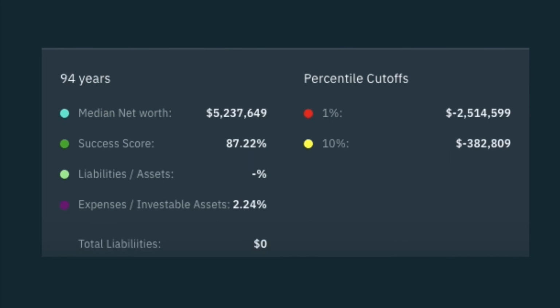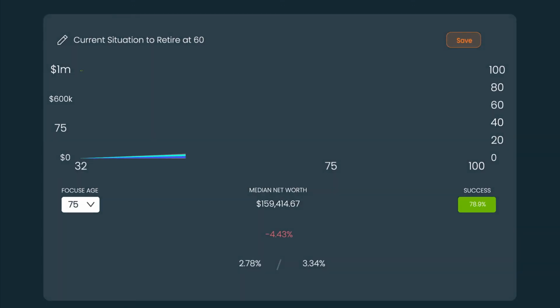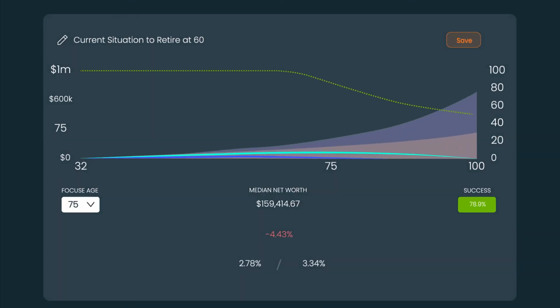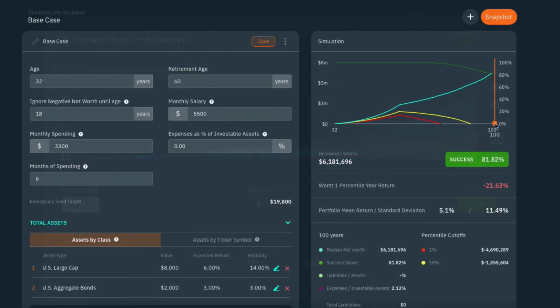Your average estimated net worth and success score can also be shown over time. We tell you if you were to get unlucky in those investments, what the downside estimates for your net worth would be. Hopefully you're on a good enough path that even if you were to get unlucky, you could still afford your lifestyle and achieve all your financial goals. If not, you can play around with the simulation inputs to see what it would take to achieve that level